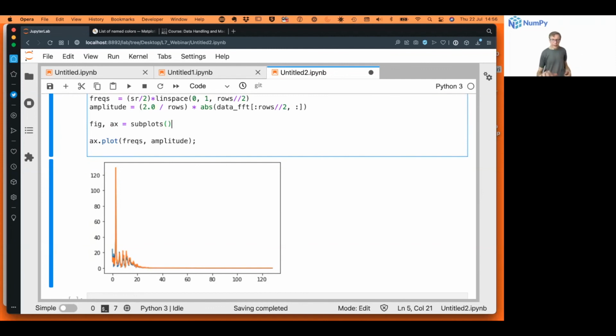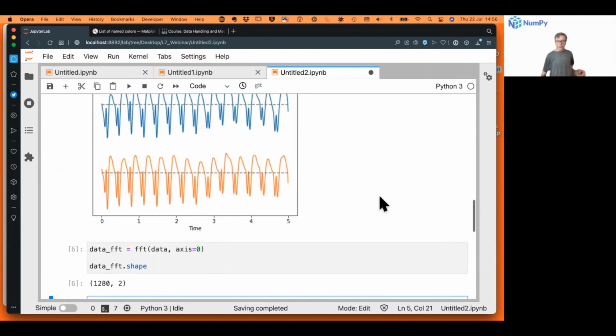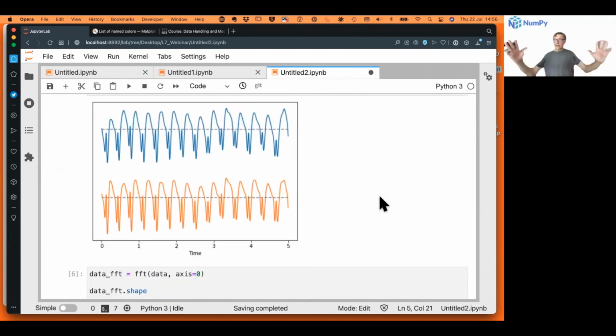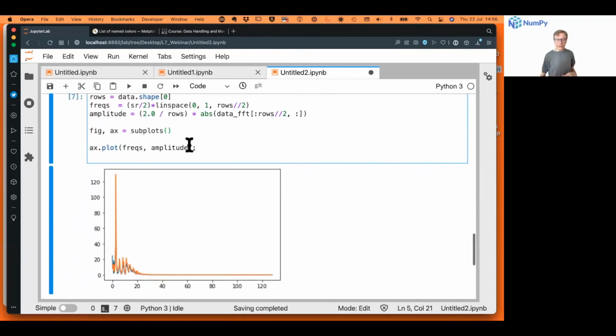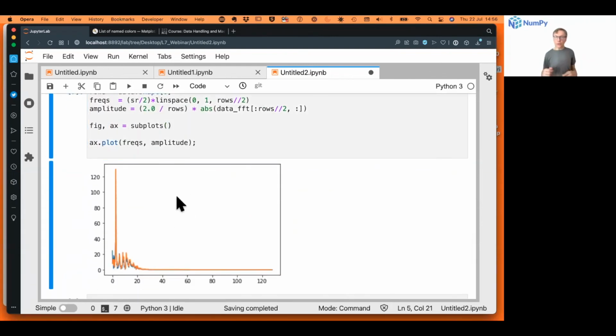I have taken the signal that looked, if I just scroll down, in the time domain, as we say, as a time series like this. So two channels that go up and down, the slow up and down, and then the spiky thing in between, which is called spike wave in neurology. And both have a very similar pattern. So if you actually look at this Fourier spectrum here,